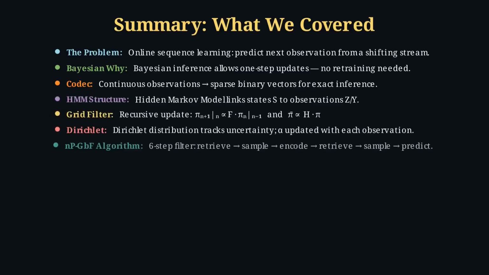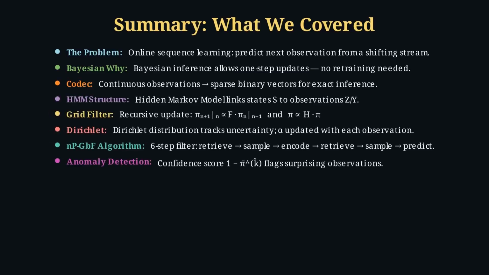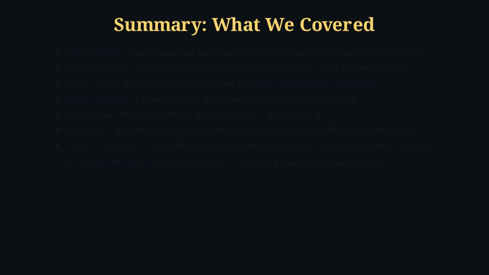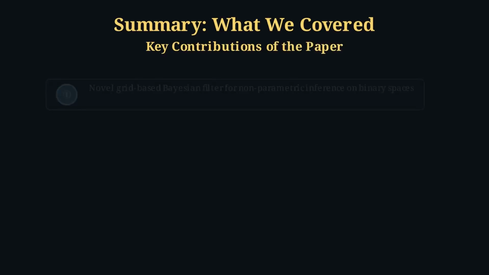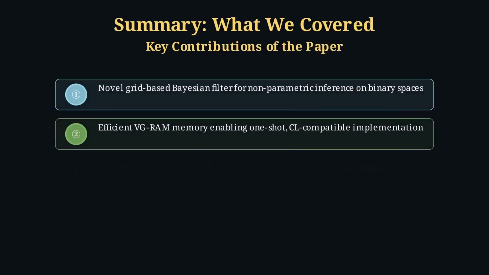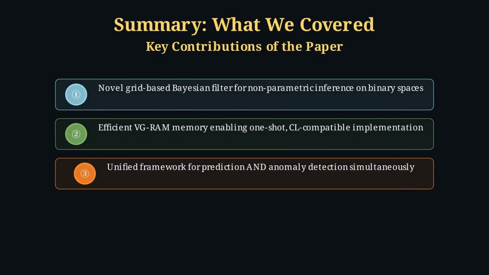Let us recap what we have covered in this video. We started with the online sequence learning problem, predicting the next observation in a non-stationary stream without retraining from scratch. We saw why Bayesian inference is the right tool. 1 observation equals 1 belief update. No batch training needed. We introduced the codec, the encoder-decoder structure that maps continuous observations into sparse binary vectors, enabling